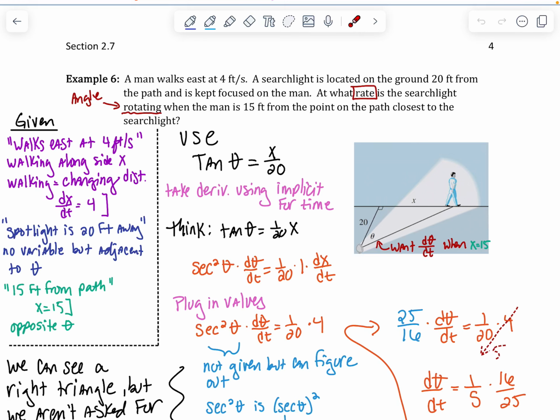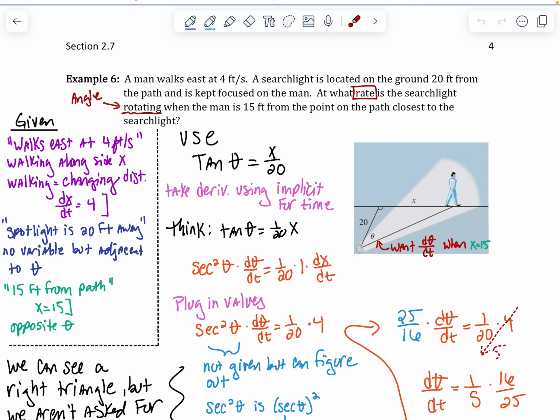Section 2.7, page 4, the final example, example 6. A man walks east, which is to the right, at 4 feet per second. A searchlight is located on the ground 20 feet from the path. So here's the path the man is on, and the light is kept focused on the man. At what rate is the spotlight rotating when the man is 15 feet from the point on the path closest